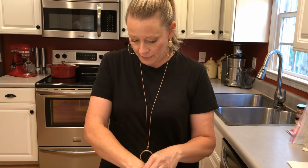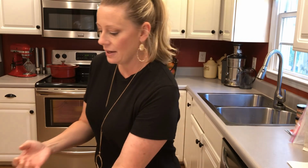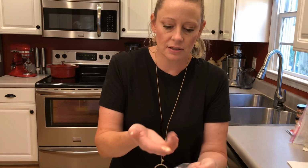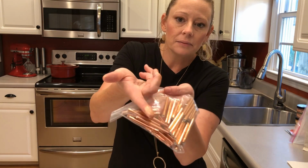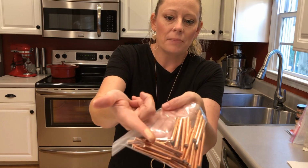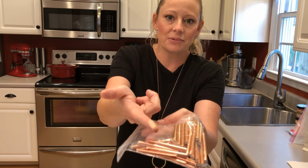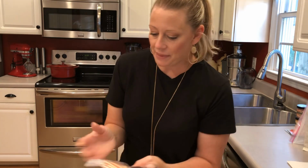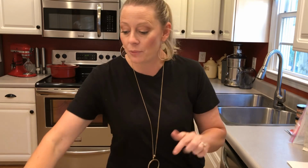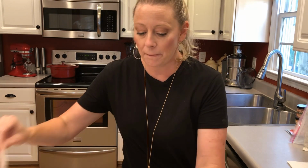I'm going to try to get a little bit on my finger so I can show you what it looks like, how close it looks. Let's see. I don't know if you can pick that up or not, but it's so shimmery and it's almost very similar. So anyways, what we're going to do with that is dip this handmade,